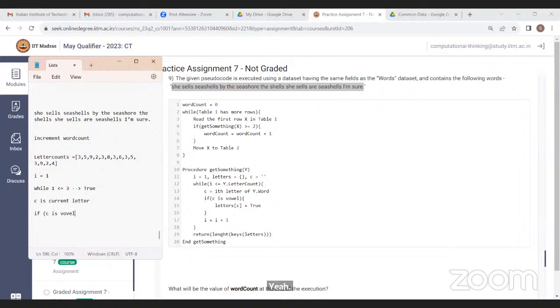If C is a vowel, so let's see. Is the first one a vowel? Not the first letter, but the last letter is a vowel. So the first letter is not a vowel, so that won't do. Second is also not there. E, last one is right. If this becomes true, we have the letters dictionary in which we are feeding